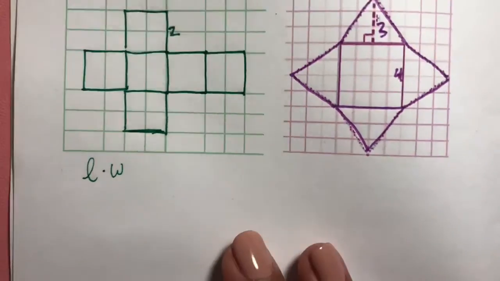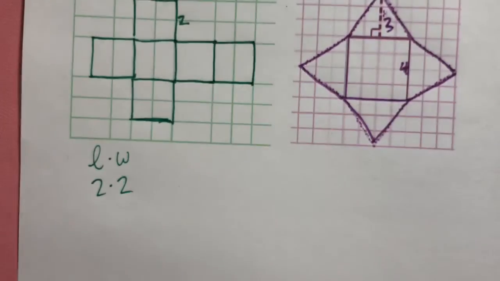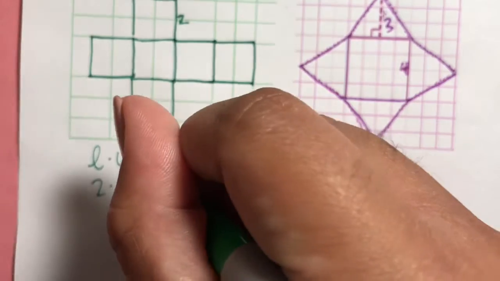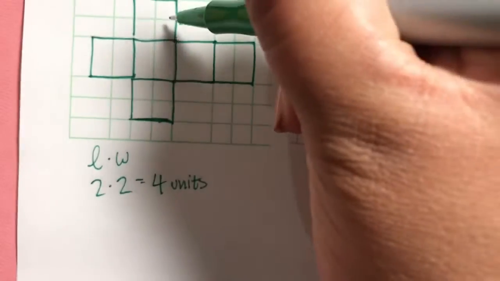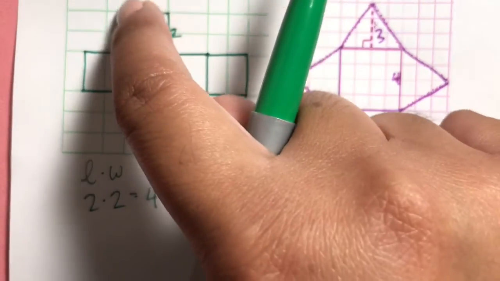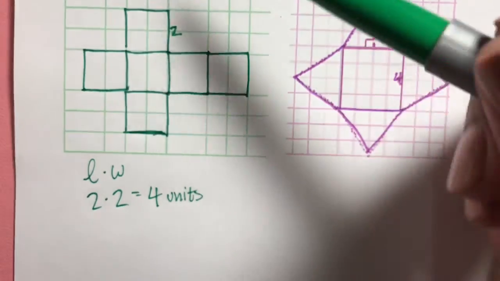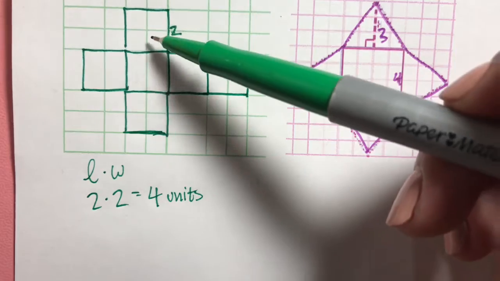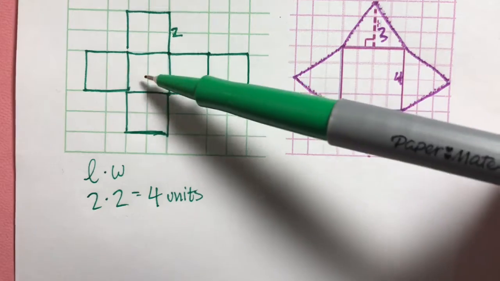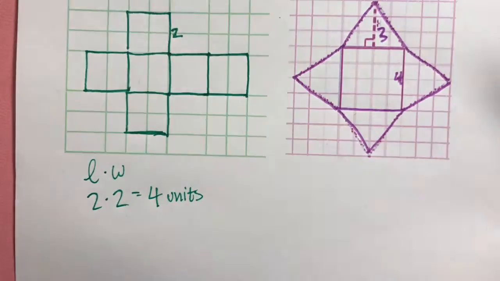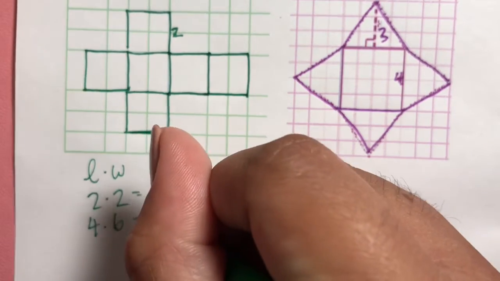So length times width is going to be, for this problem, 2 times 2, which will equal, easy, 4. Okay, so 4 units, but that's only for one square. Because we're trying to figure out the surface area of a cube, there's going to be more than one square that we're working with. So we need to find out how many squares we need to multiply by 4. We count 1, 2, 3, 4, 5, 6. So there are 6 squares. So 4 times 6 equals 24 units